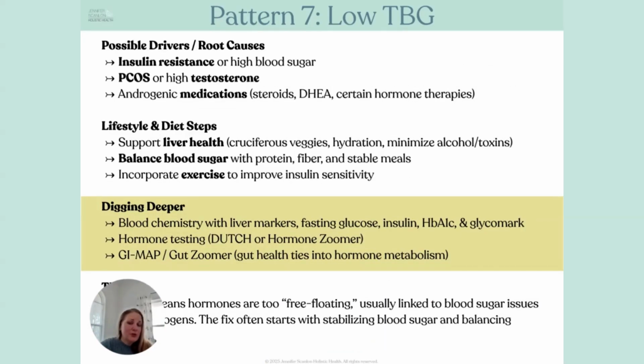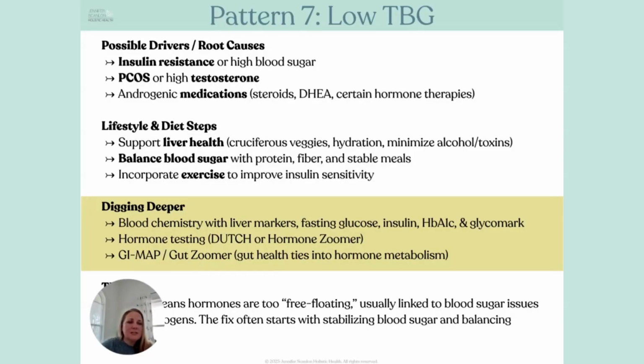Some drivers or root causes of low TBG are insulin resistance or high blood sugar, PCOS or high testosterone, and androgenic medications, which are steroids, DHEA, and some hormone therapies. Lifestyle supports for low TBG are to support liver health with cruciferous veggies, hydration, minimizing alcohol and other toxins, balance blood sugar with protein, fiber, a little bit of fat, and stable meals, and then incorporate exercise to improve your